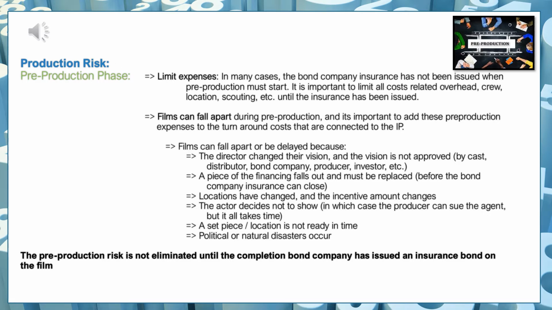When we deal with a political or natural disaster, that obviously is a very rare situation. I have never dealt with that, but I have to list it here in case it does happen. Sometimes it's insured, sometimes it's not insured, and today, with all the changes with insurance in regards to recent developments, we always have to make sure that most of the things that can happen to us are insured through the production insurance and the completion bond insurance.